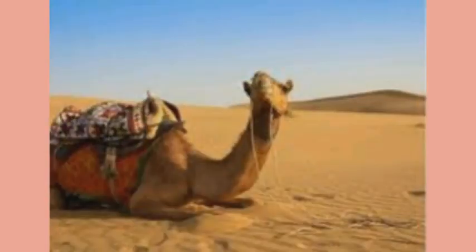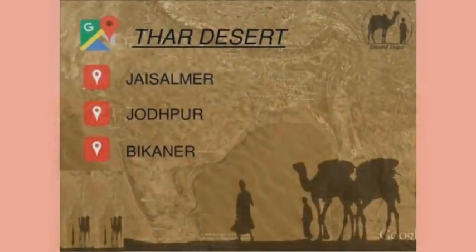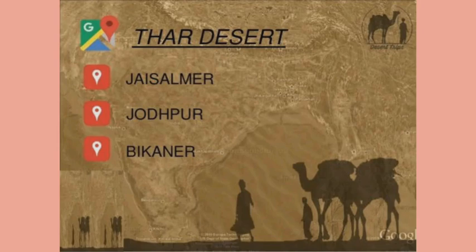The main animal that is used in a desert is the camel. It is one of the most important animals found in the desert and is used for farm work as well as for transportation purposes. The main cities of the Thar Desert are Jaipur, Jodhpur, Udaipur. Many people come to see this desert and its cities for its royal palaces and forts.